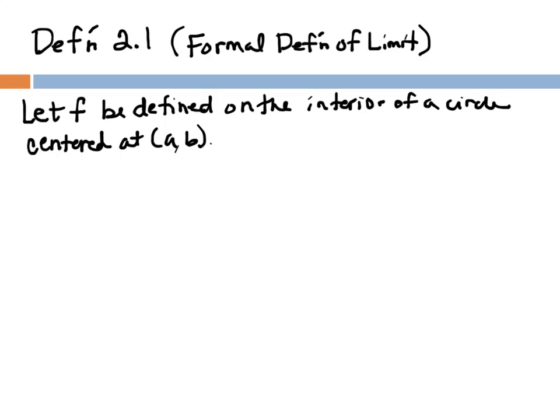All right, and it doesn't necessarily, so we're going to say except possibly at the point AB itself. And we had that same kind of statement in the previous definition when we saw it before, that you might have a hole in the graph and that wouldn't affect limits. So it's okay if it weren't actually defined at the point itself. We could still get infinitely close to it. All right, so we say